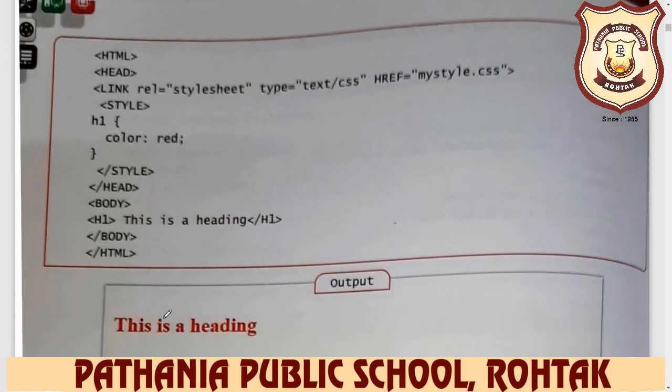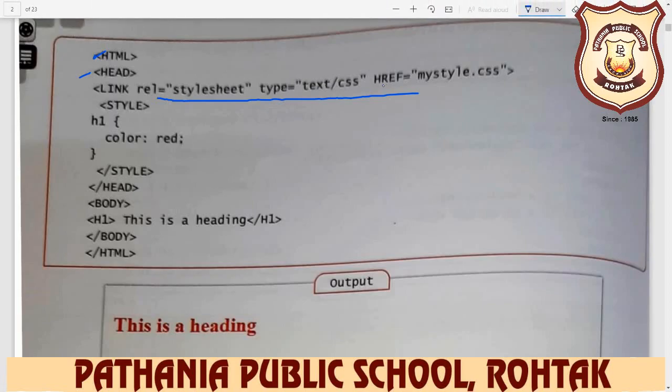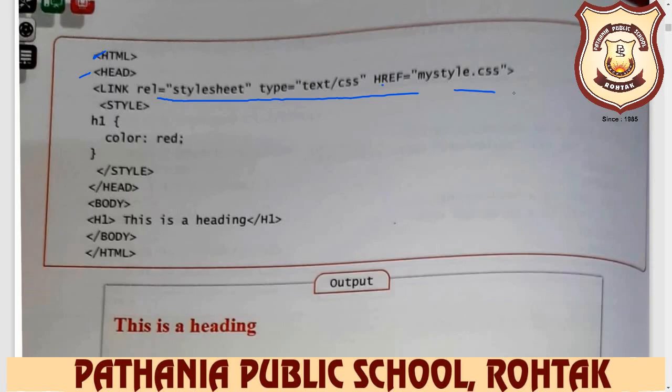For example, in HTML, how do we implement this practically? Write HTML, then head, then we give the link of the external style sheet here. In the link, we write link rel is equal to stylesheet, type is equal to text/css, href is equal to the name of the CSS file.